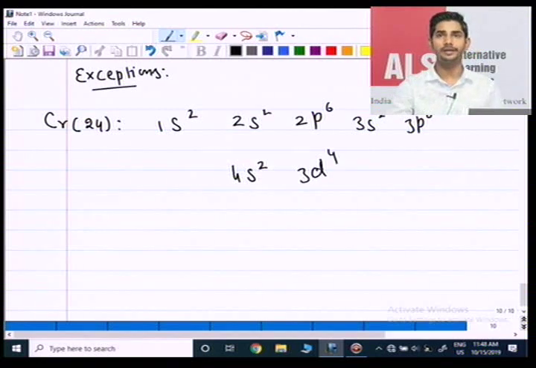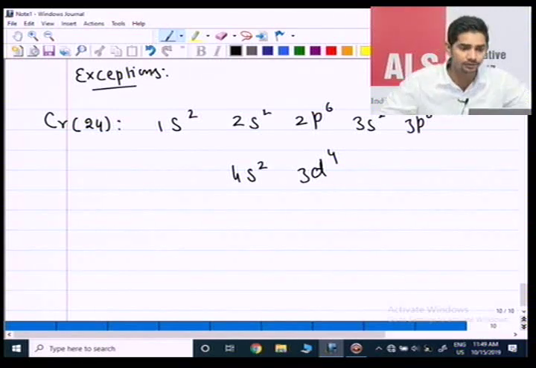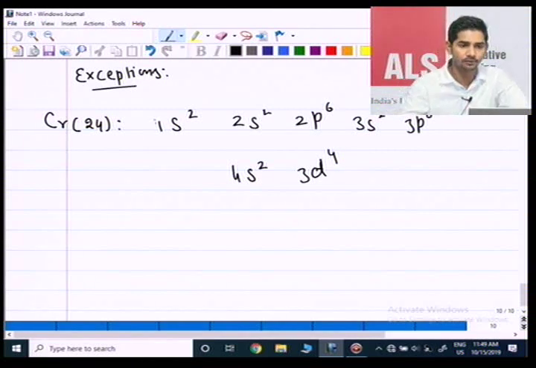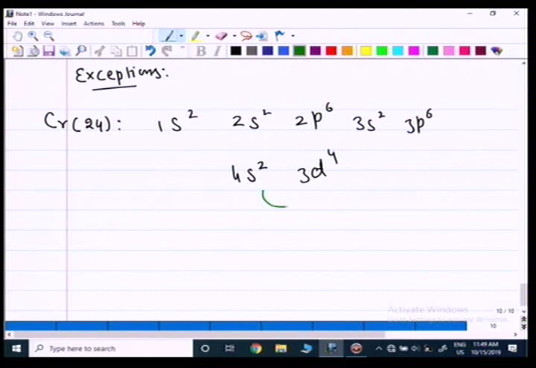Guys, the stability rule says that if by shifting one electron both the orbitals become either exactly half filled or fully filled, okay, d has the higher energy. If d gets an exactly half filled or fully filled configuration, the stability is relatively more. So what happens here is that one electron of 4s will shift to the 3d. Now the configuration will become 4s1, 3d5. This is the stable